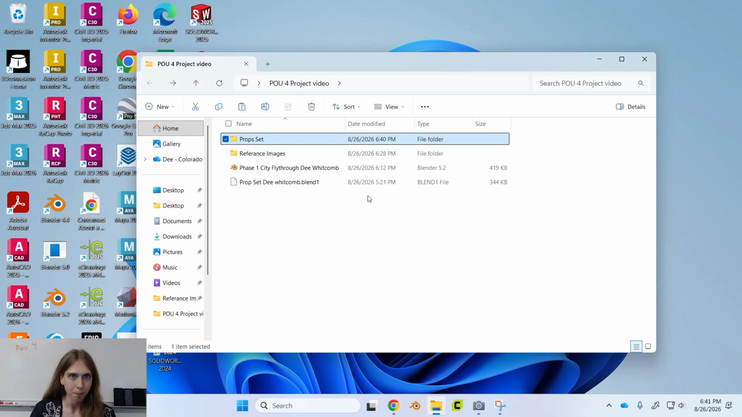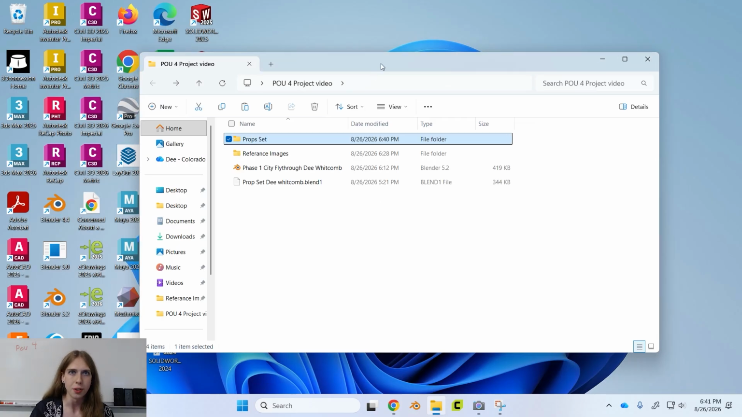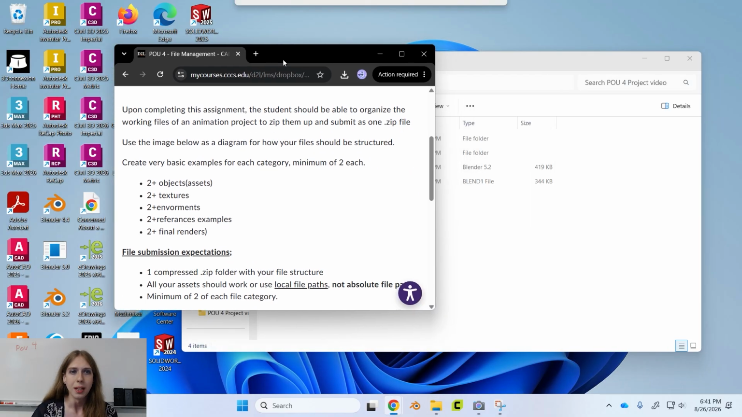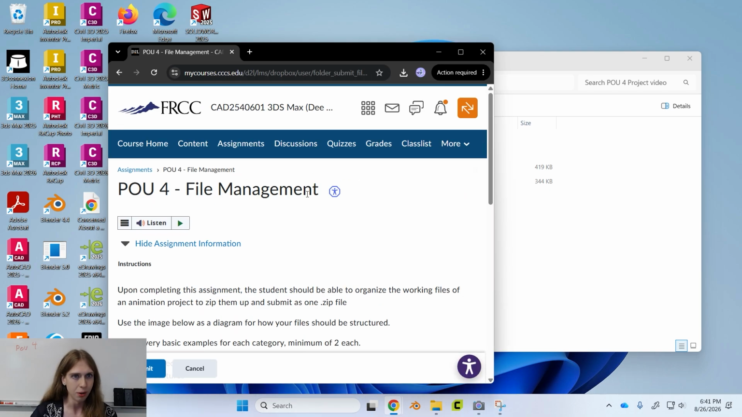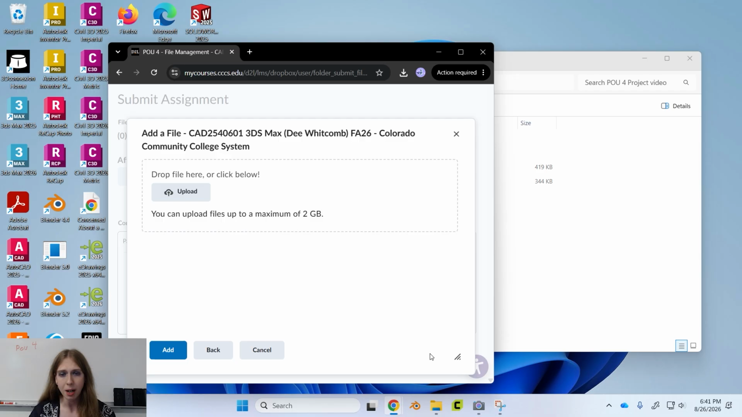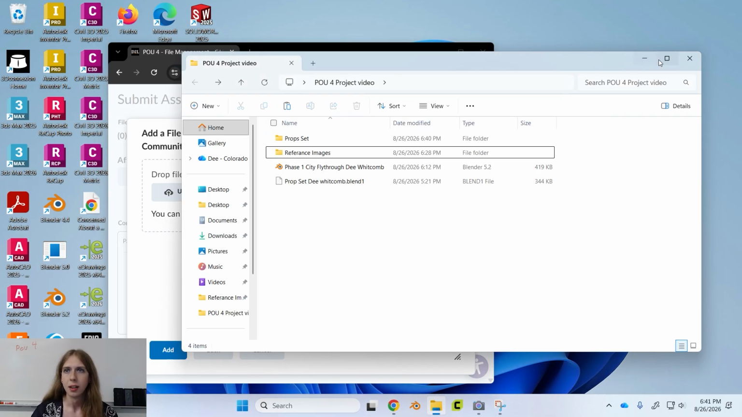So next, when turning in files, and say if you're using a prop set that's referencing your props here from your phase 1, and then we also have reference images inside there, a good habit to get into is turning in your entire project folder. However, D2L, or our website where we're doing all of our assignments, I guess it's My Courses now, if I go in here and add a file and go to my computer to upload this,